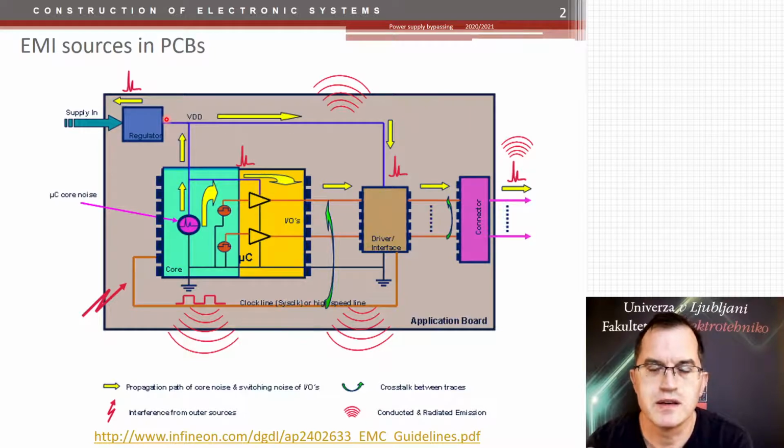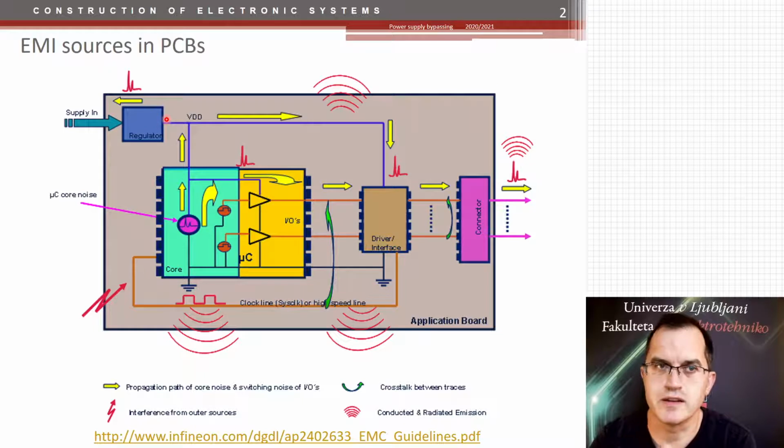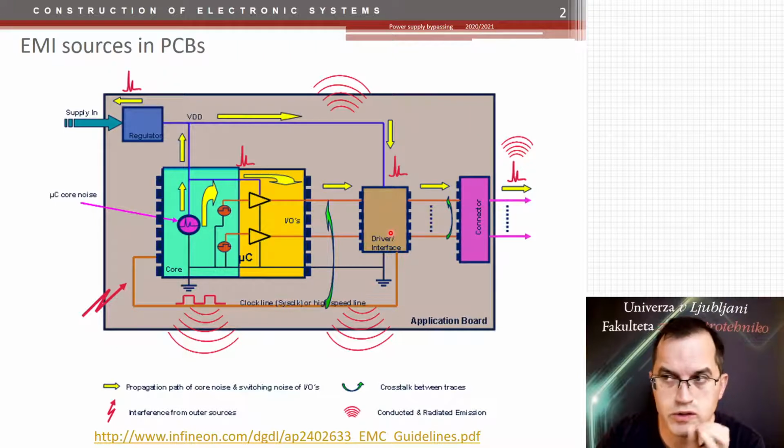It's a conductive noise that conducts through the tracks on the PCB between different parts of the PCB. And in order to keep this noise local to the source of that noise, which in the case of this picture is the microcontroller, this high-speed circuit here, in order to keep this noise close to the source,